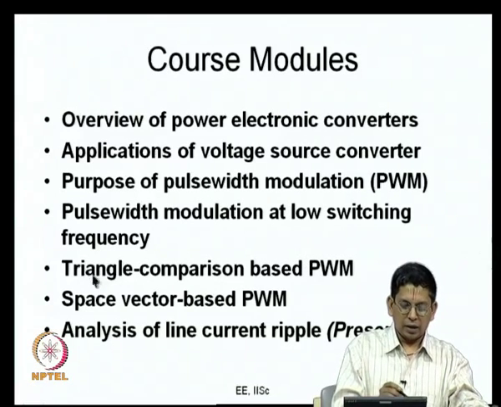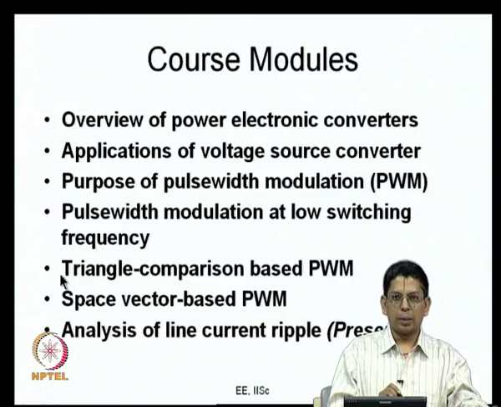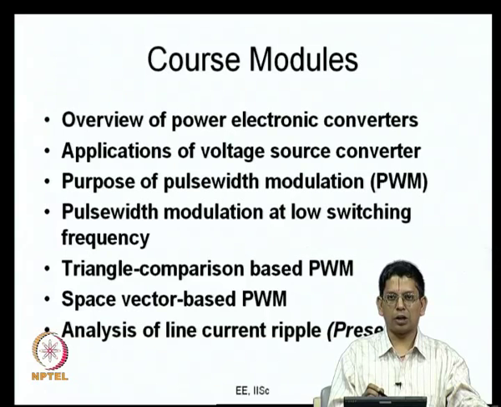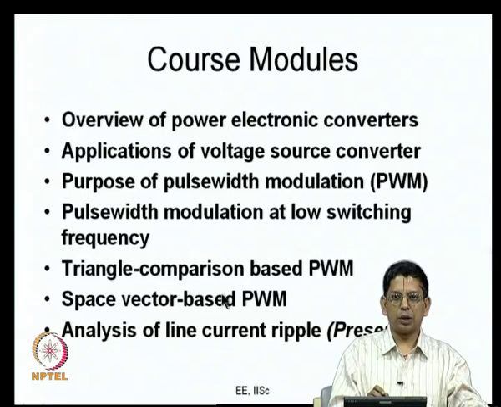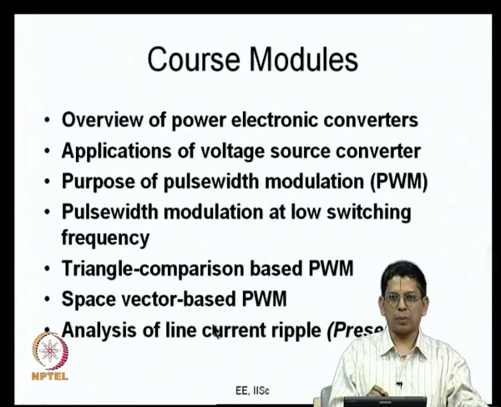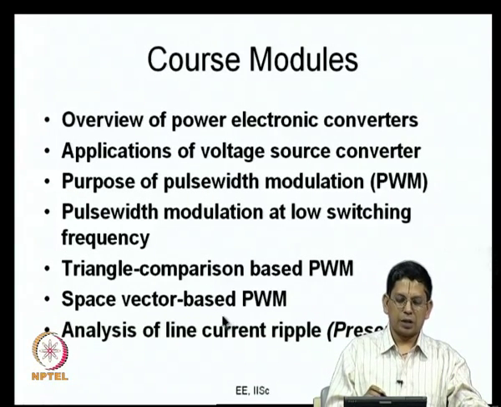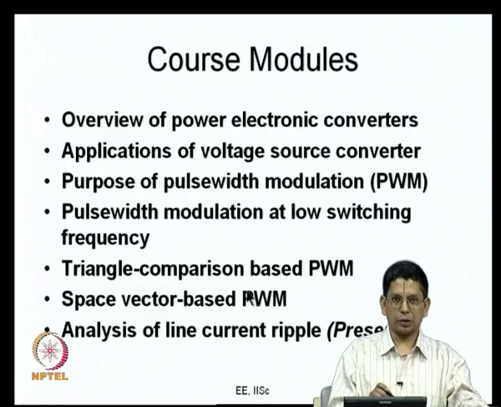And in the subsequent 2 modules, we looked at PWM generation at a fairly high switching frequency, where the switching frequency is much higher than the fundamental or the modulation frequency. We looked at both popular approaches of producing PWM: one is triangle comparison, the other is space vector based PWM. Space vector based PWM is more general than triangle comparison based PWM. You have continuous and discontinuous modulation methods, which can be implemented using either approach. You also have certain advanced bus clamping PWM methods, which can only be implemented using the space vector approach.